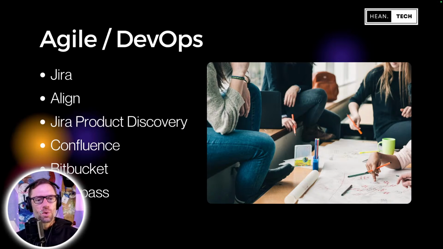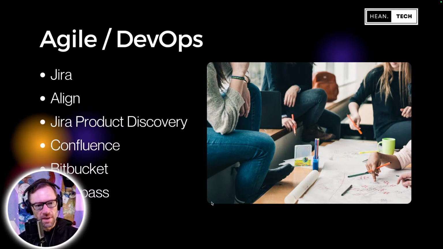So this first category of Agile and DevOps, I find it interesting that they combined Agile with developer operations, because in my mind, I'm a project manager, and Agile project management is one thing, and developer operations is something else entirely. That said, the nice people at Atlassian think that the types of things they do are similar, and the types of products that support this type of work are going to be the same or similar.